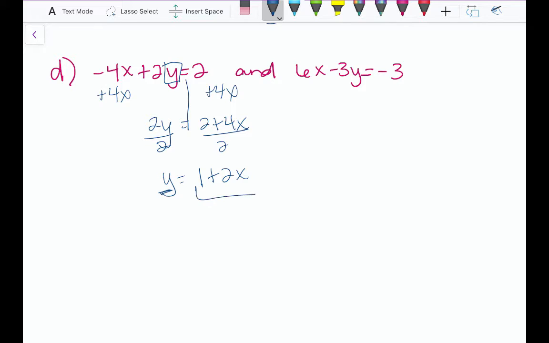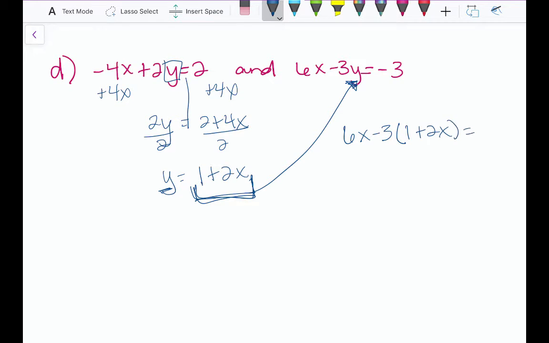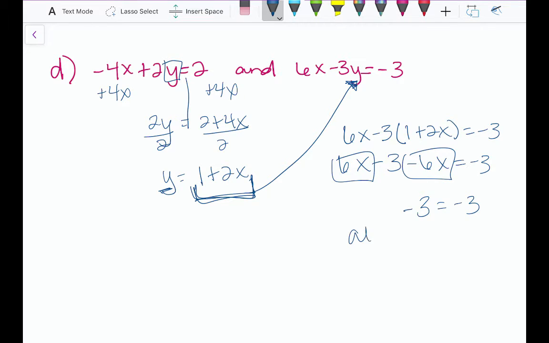Now, because I have the y isolated, I can substitute this right here. Okay, substituting, that y is going to come out. The 1 plus 2x is going to go in. So now I have 6x minus 3, parentheses. Again, the 3 doesn't come out, just the y. 1 plus 2x equals negative 3. 6x minus 3 minus 6x equals negative 3. 6x minus 6x is 0x, which is 0, nothing. So I'm left with negative 3 equals negative 3, which again we should know is all real numbers,